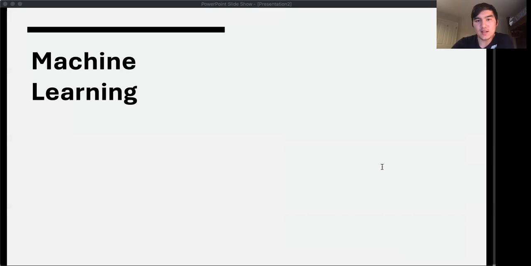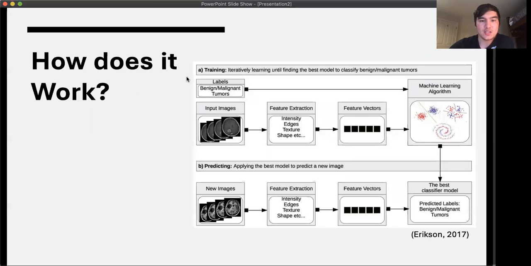So it's given a set of data that is trained by whoever makes the data, and it basically has to learn before it's used. So it is given a set of data, and it learns that set of data, and any errors it makes, it will adjust until it can learn that set of data, and it keeps going until it's determined perfect. And then it can be used. So you'll see in this model here, it has a training and then a predicting model.